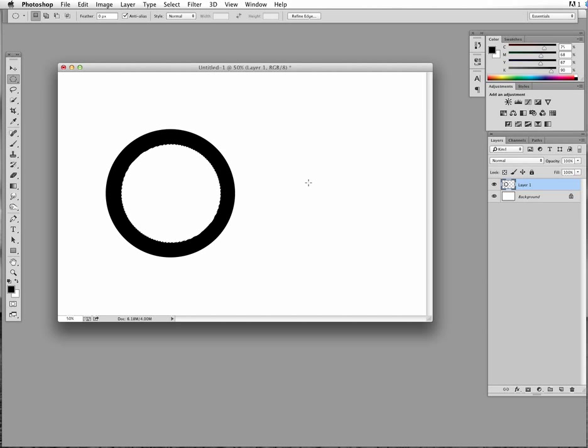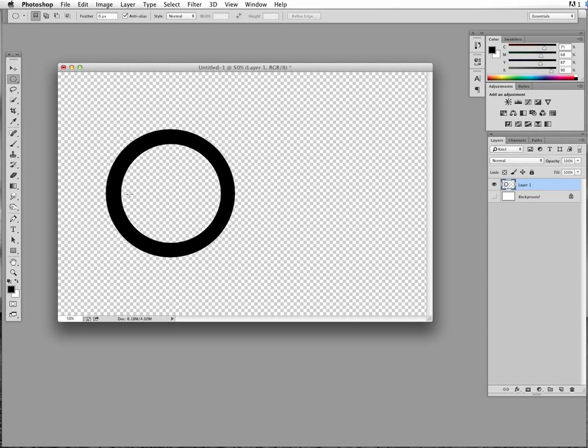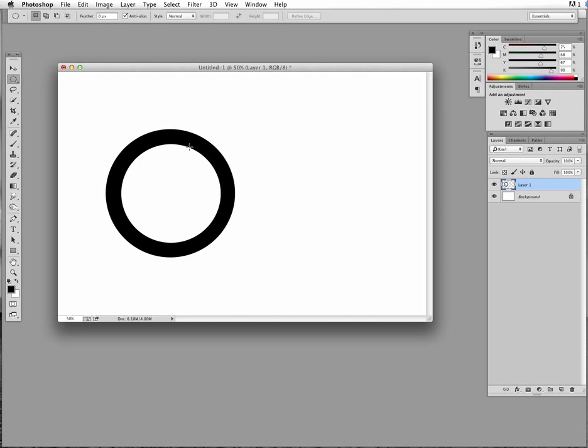Now, deselect. So now I'm going to turn off the background layer so you'll see that I have indeed created a ring. The transparency is showing through. I just deleted one selection from another object, and there you go. So now that I have one ring,